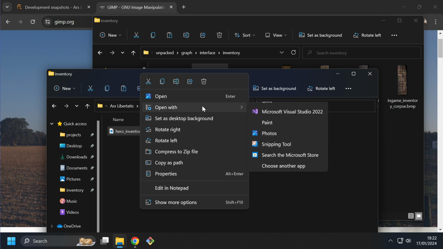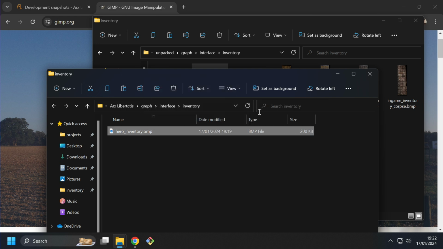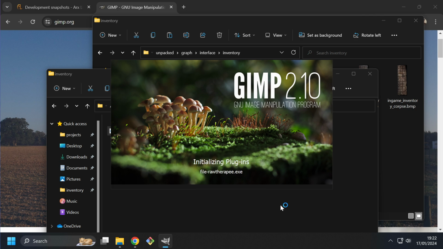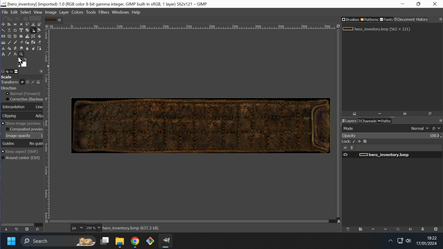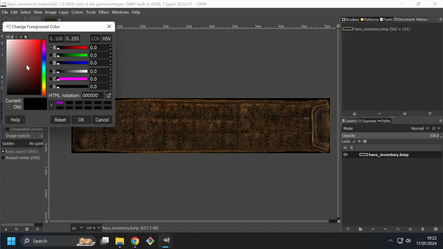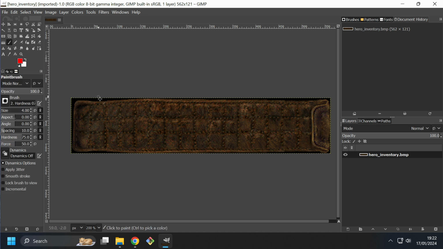I right click on it, and I'm going to open it with GIMP, or feel free to start GIMP beforehand and just open the hero inventory file there. GIMP is starting up. If you click here in this left section, let me just change the color here to something like this red. And I'm going to use this paintbrush tool, and I'm just going to draw these squiggly lines